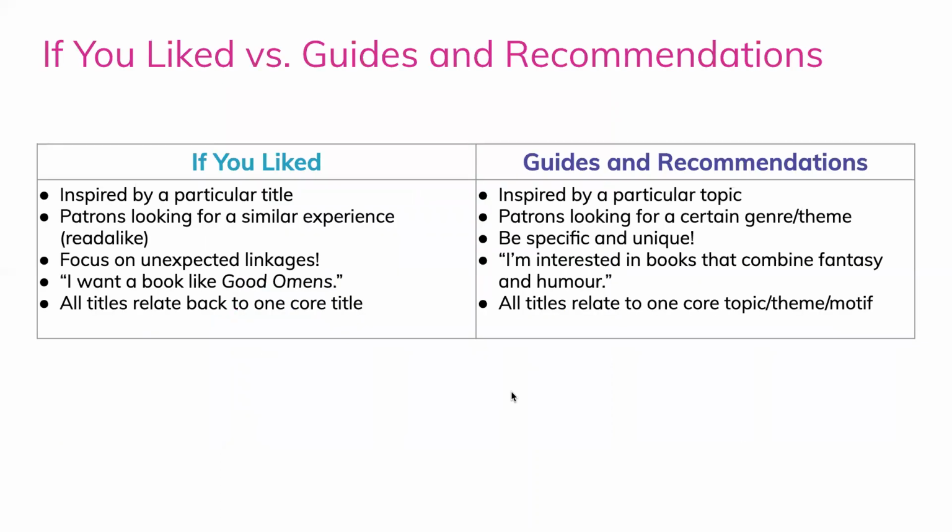So If You Liked lists are inspired by a particular title. They're aimed at patrons looking for a similar experience or read-alike, and it's good to focus on unexpected linkages. So an example is, I want a book like Good Omens. All titles will relate back to that one core title, although they might have different things in common with Good Omens. One might be apocalyptic themes, one might be odd couple protagonists,